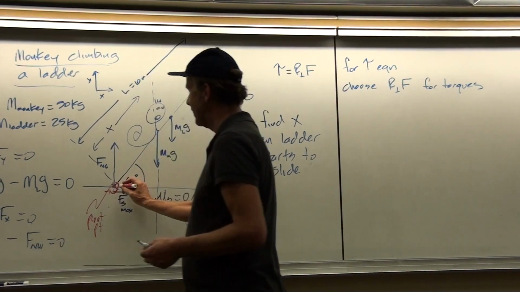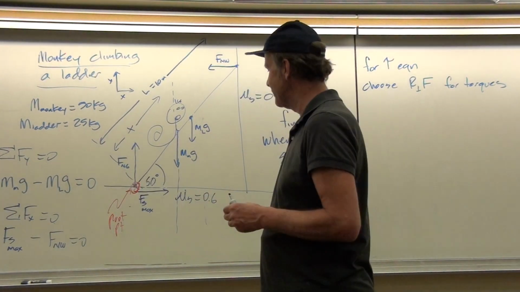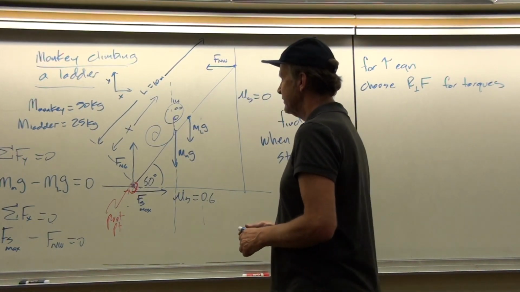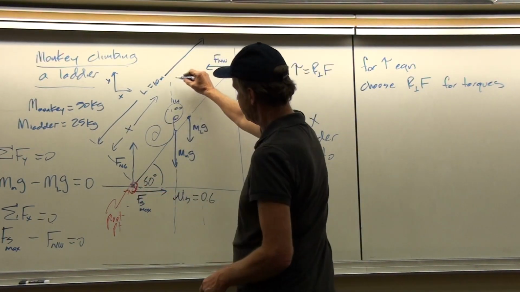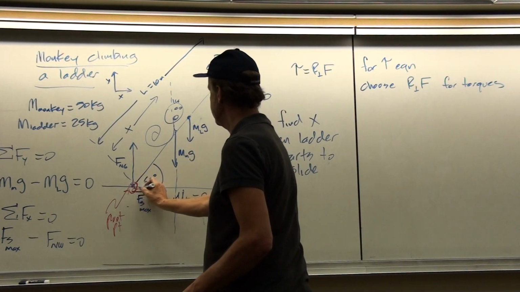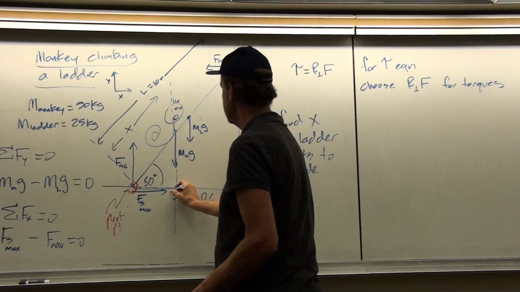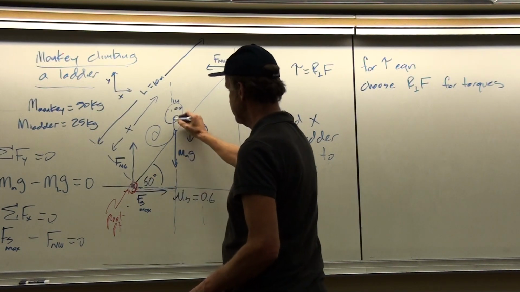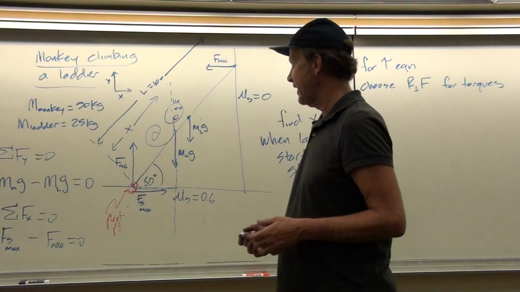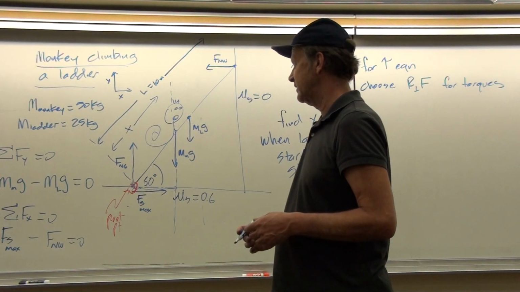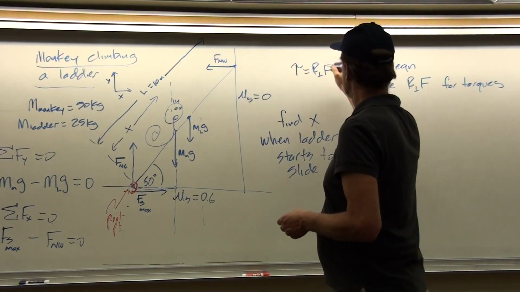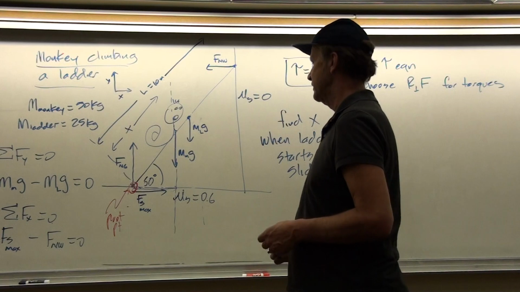It also seems like it might be pivoting about that point, so it gives me a little better feeling for the problem. And so measured with respect to that pivot point, I can extend the force vector line for the mass of the monkey and then draw this R perpendicular so that it comes in perpendicular to the force vector line. Remember, that's how we did it in the last example, and that's the way I did it in the generic example that works for any problem that uses this form for the torque equation.